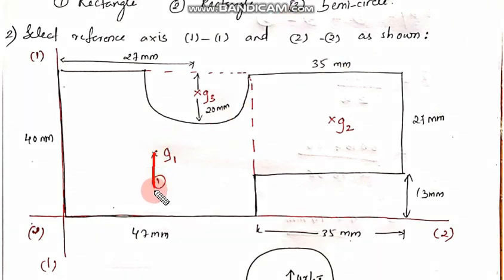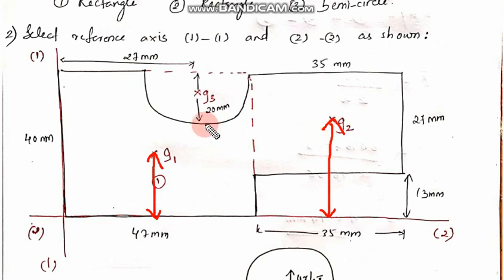The y distance is this, from x-axis to G1, and that is total height is 40, so 40 by 2. Now for the second one, it is from here to the x-axis. Make sure you always take from the axis. That is why we are taking it as a reference axis. So this will be 13 plus this total is 27, so 27 by 2, because it's obviously going to be in the center for a rectangle, because it's a symmetrical figure. So you need to know the basic equations of rectangle, triangle, semicircle, quarter circle to do such problems. Then only you can apply the formulas.